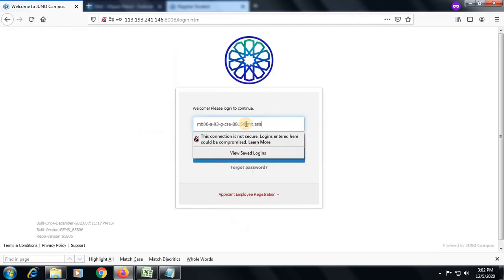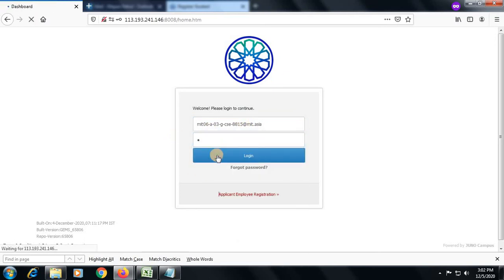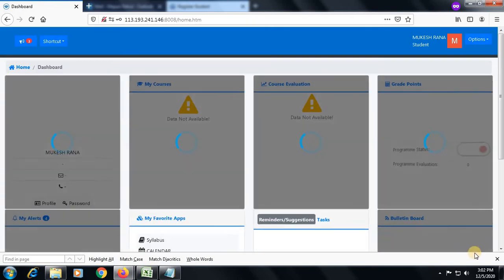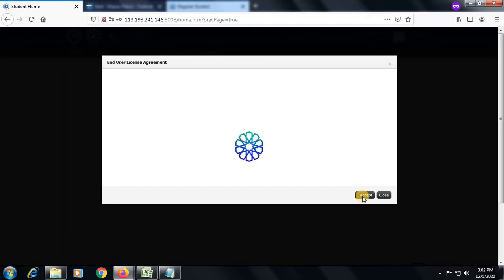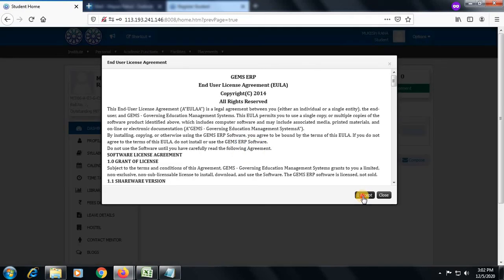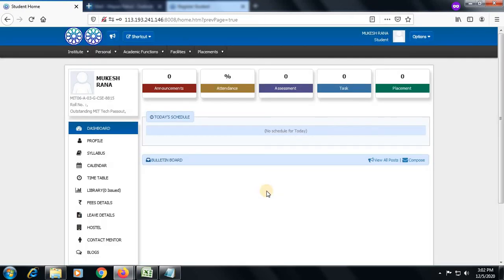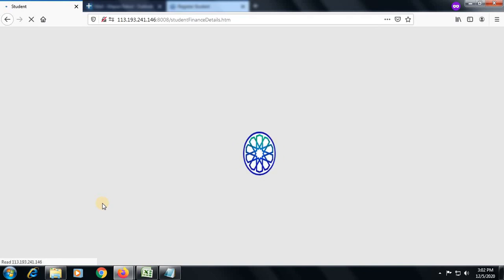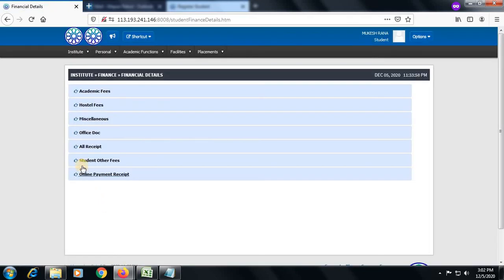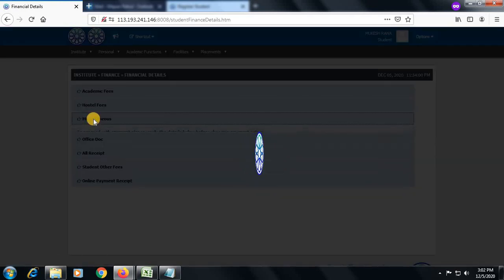Now again, the student is required to log in to the system with the new password. Now on the home page of the student, to pay the outstanding fees, click on fee detail, then go to miscellaneous.